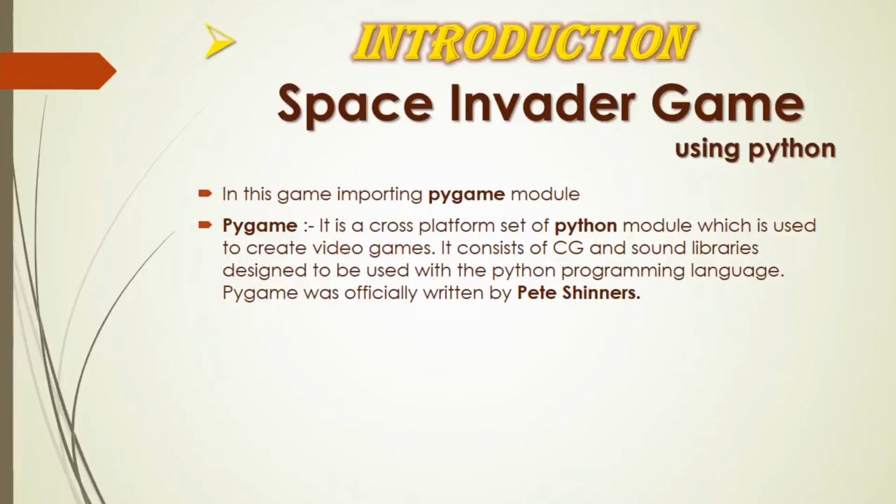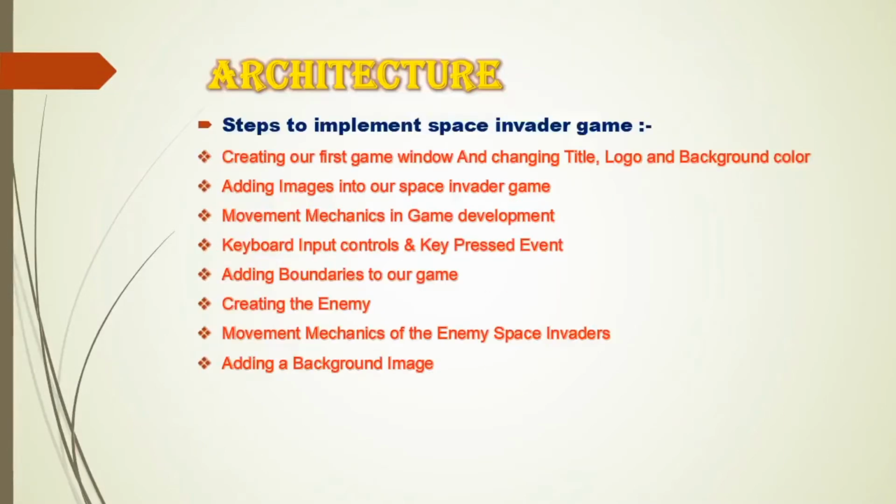We created our first game window and changed the title, logo and background. Game window means the screen, which is of 800 by 600 pixels, using the Pygame module, in which we use the set mode function. Our second step is adding images into our game and movement mechanics in game development. We add images like players, enemies, bullet, background image. We upload that image into the game using the syntax pygame.image.load and in parentheses the name of the file of that